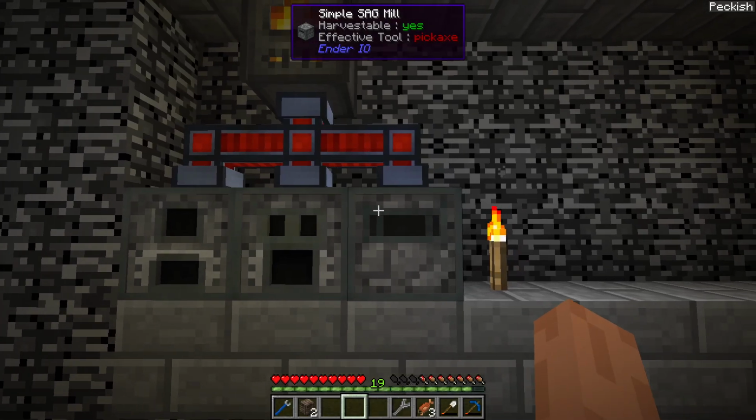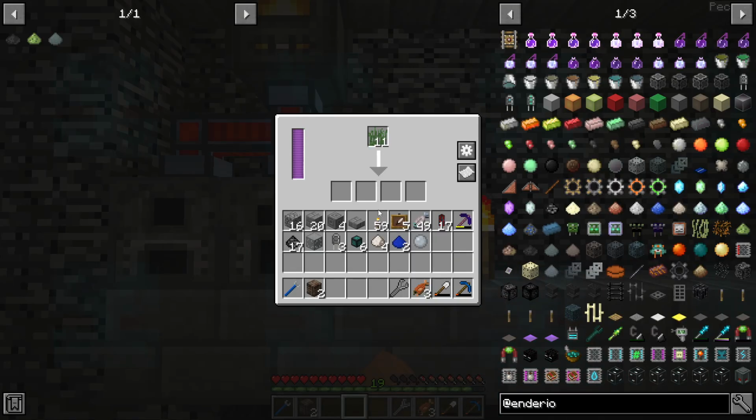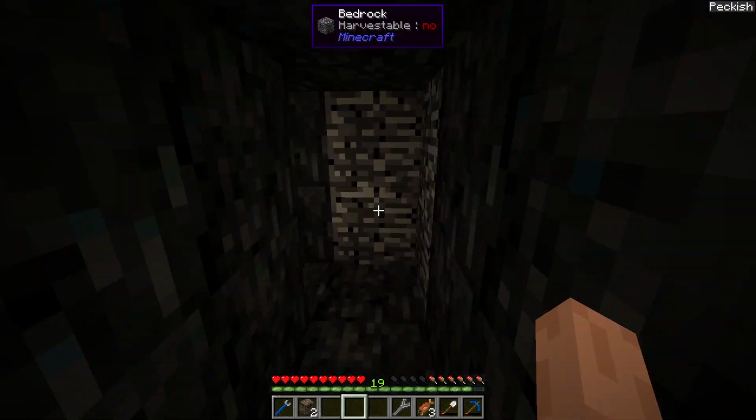Nope, I can't. So, now that I actually pay attention to the crafting recipe, you take grass and you put it in the sawmill, or the sag mill rather, and that will give you these clippings and trimmings. I need 12 of those. So, while that's running, I am going to get